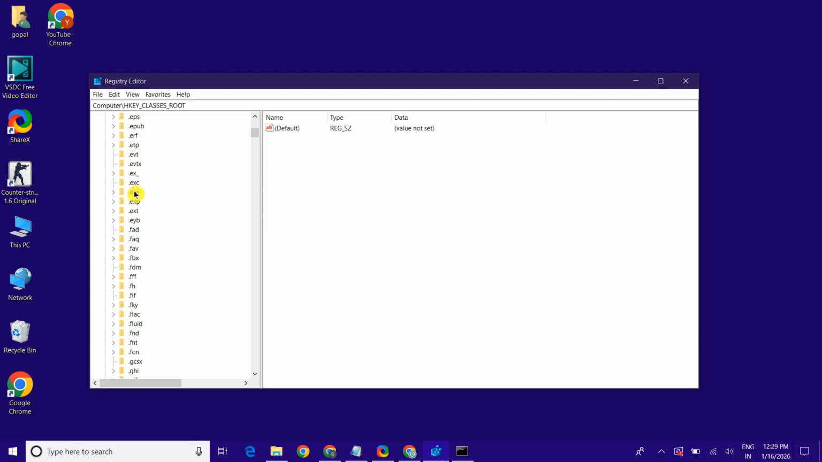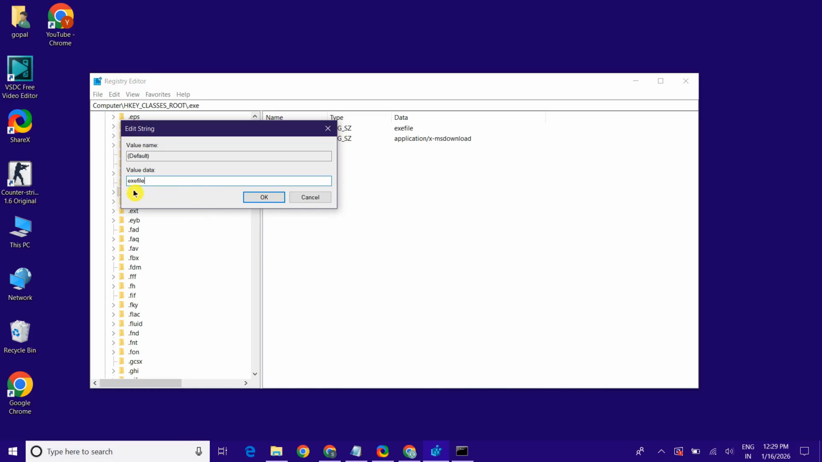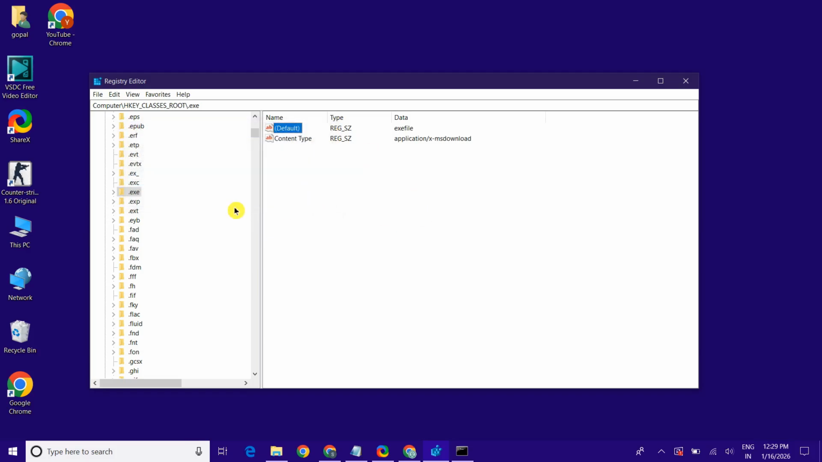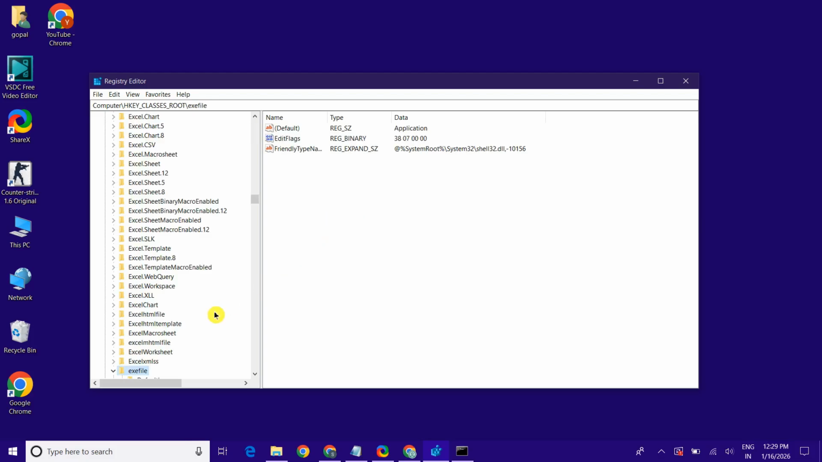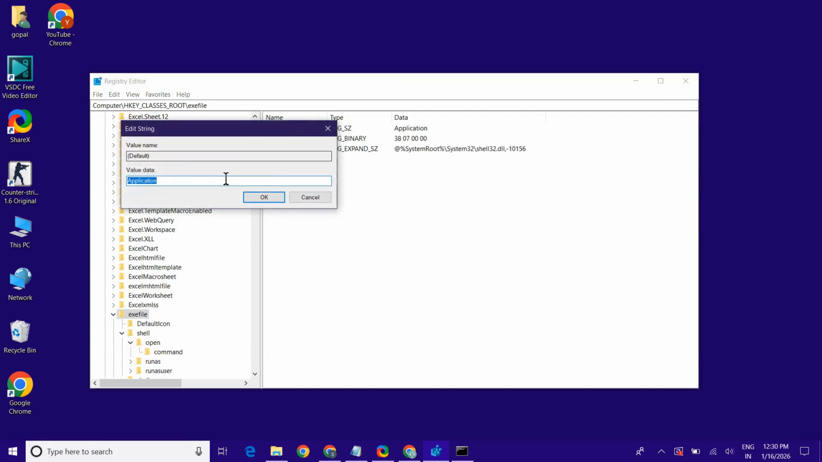.exe option. Just click on it, right click on the default option, click on Modify, type exefile in small letters and click on OK and close this window. Again select .exe and type exefile. Here you can see the exefile, and now double left click on the default option and cut this application and